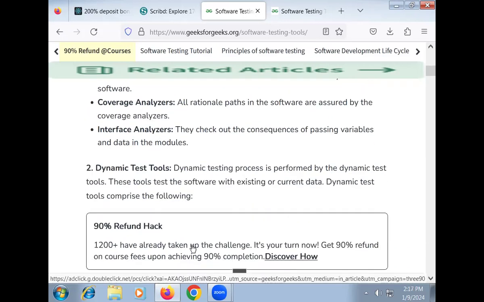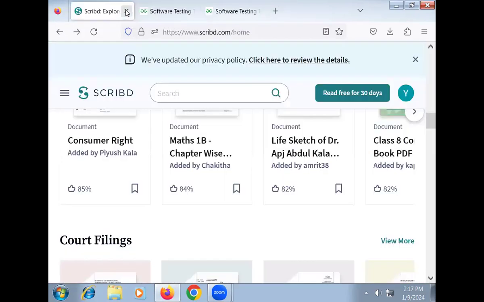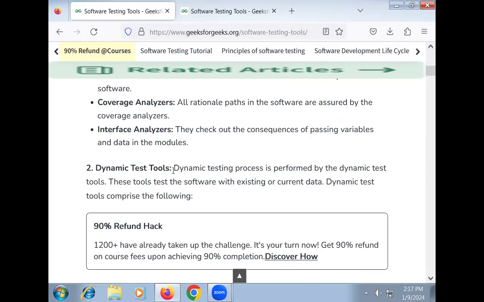The next one, dynamic testing tools. The dynamic testing process is performed by the dynamic test tools. These tools test the software with existing or current data. Dynamic test tools comprise the following: